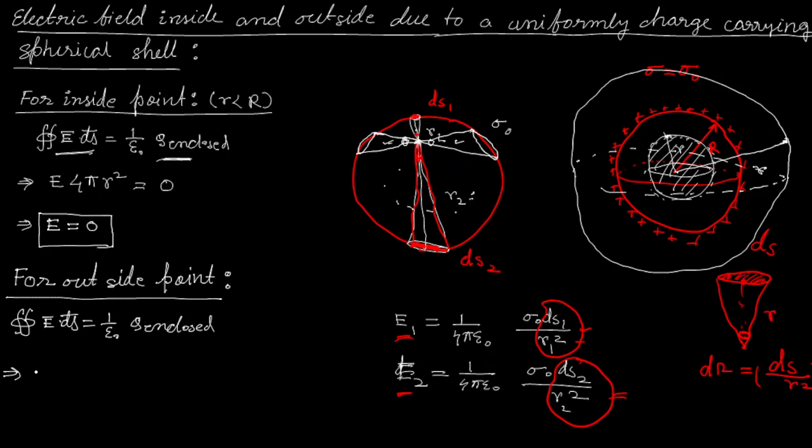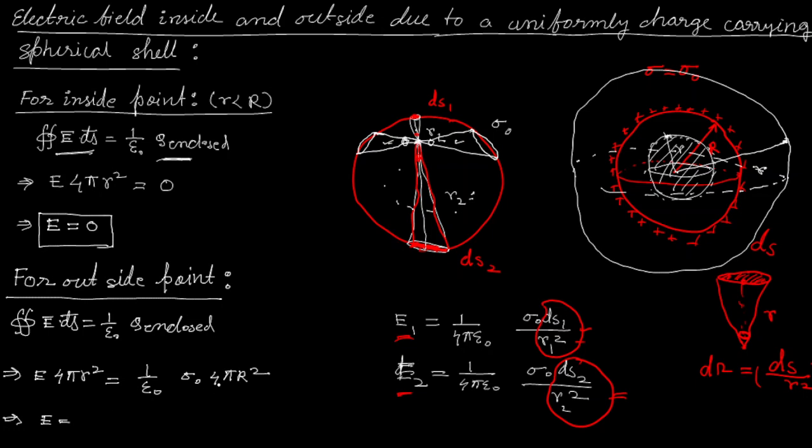So in this case, again, on the left side we'll write E into 4 pi r square, and on the right side we will write 1 by epsilon naught q enclosed. In this case, charge is distributed over the surface, and everywhere the charge density is constant, so the total enclosed charge will be sigma naught into 4 pi capital R square. So finally, what we'll get is that the electric field is equal to